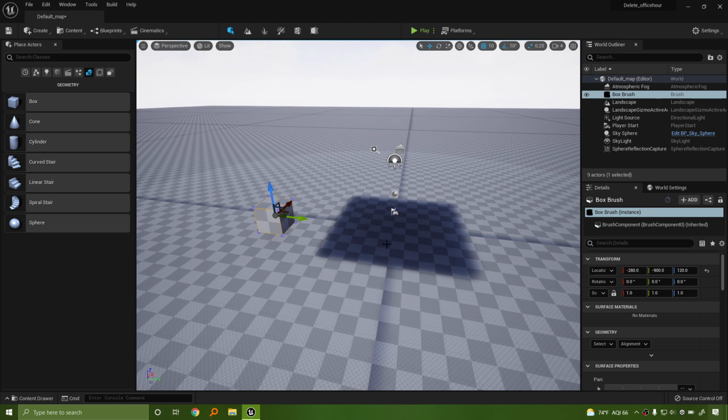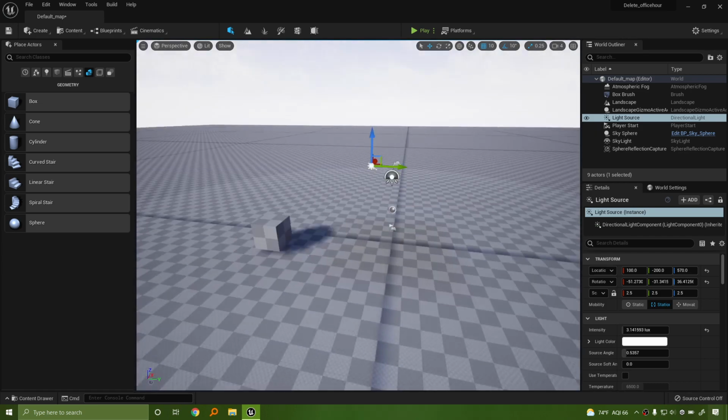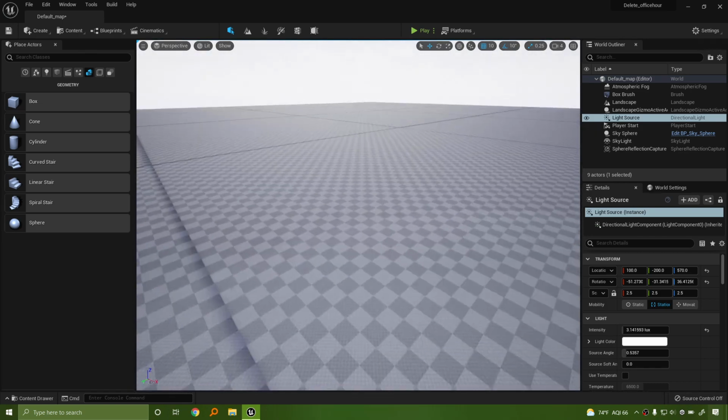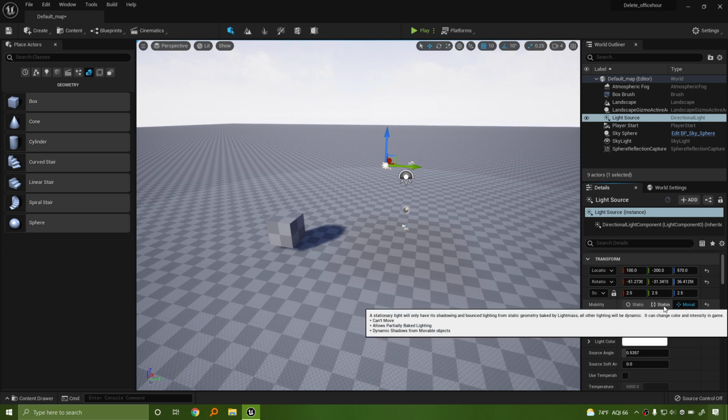Now, because I changed my lighting system, I have a shadow where that plane used to be. I'm going to fix that real quick. I like to do something called bumping the lighting. I'll talk about the mobility settings in the future, but if you have these ugly black lines, you can look away from them and they can go away sometimes. But to fix them, select your light source, which is a directional light. Change its type, mobility, to movable, and then change it back.